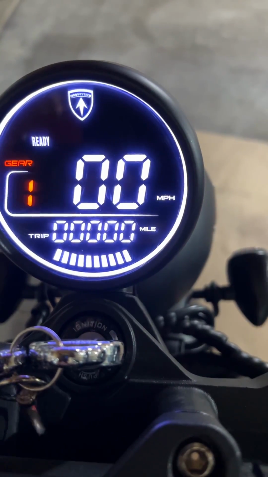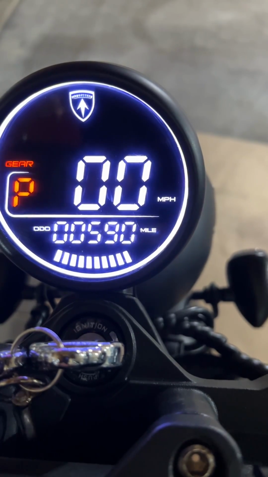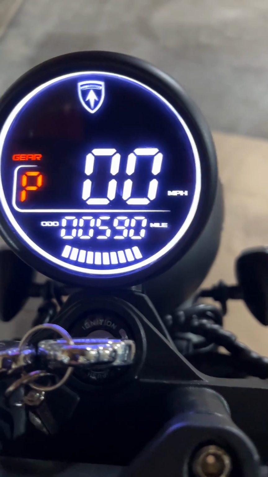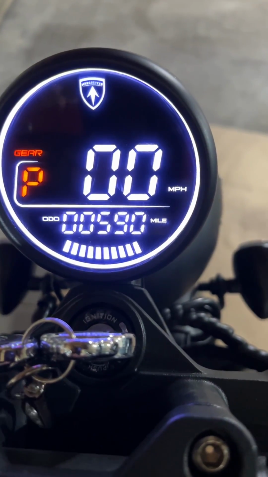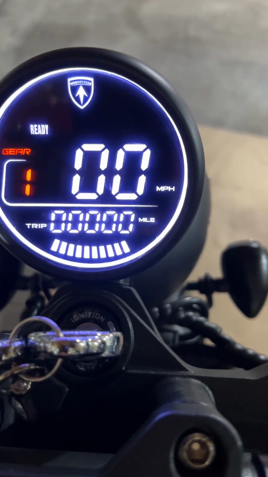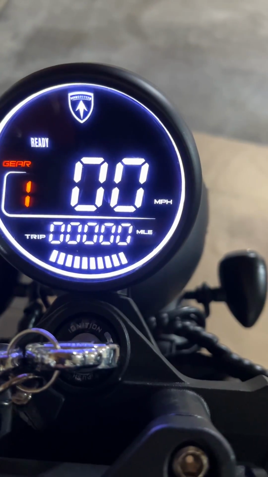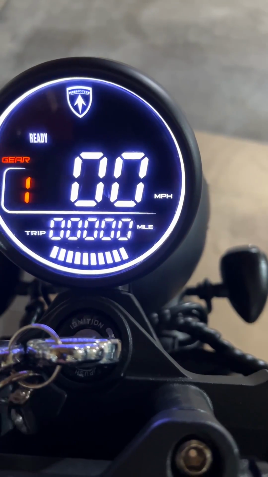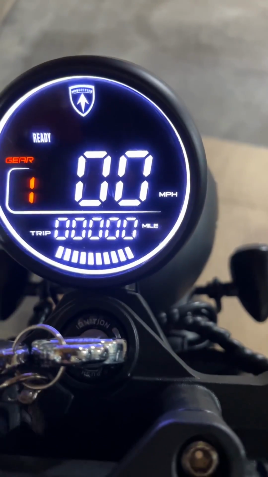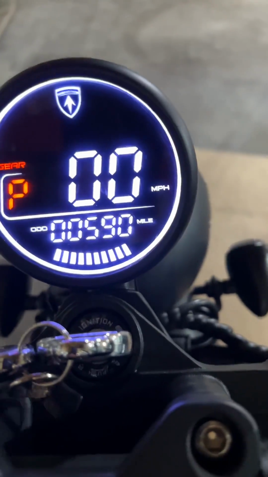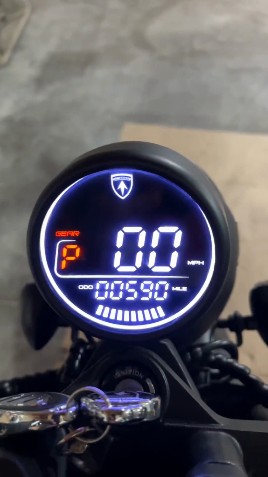Now I can cycle through, and I went into park because I was sitting still. But now watch, I'm gonna hold the brake. I'm sorry, I went into odometer because I was in park. Now, doing that, so I'll send it back to park, and see, I can roll back and forth on the bike with my